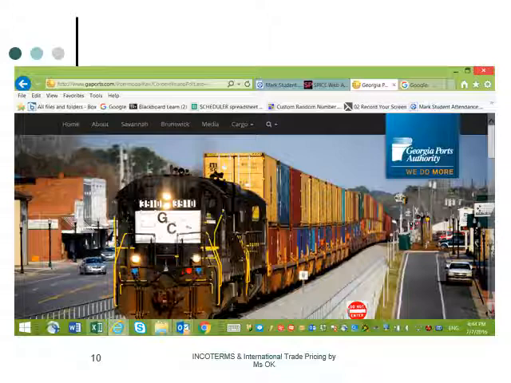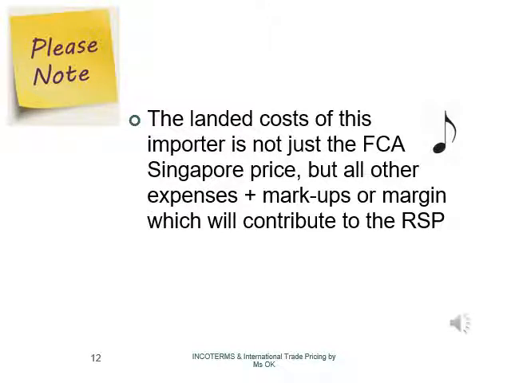Sometimes the trucking and local charges, including custom duties and tax, can exceed the sea freight charges many times. So you can see that the landed cost of this importer in America is not just the FCA Singapore price that he was quoted, but all other expenses and markups on margin. All these will contribute to the RSP that he finally set to sell the products to his end users.